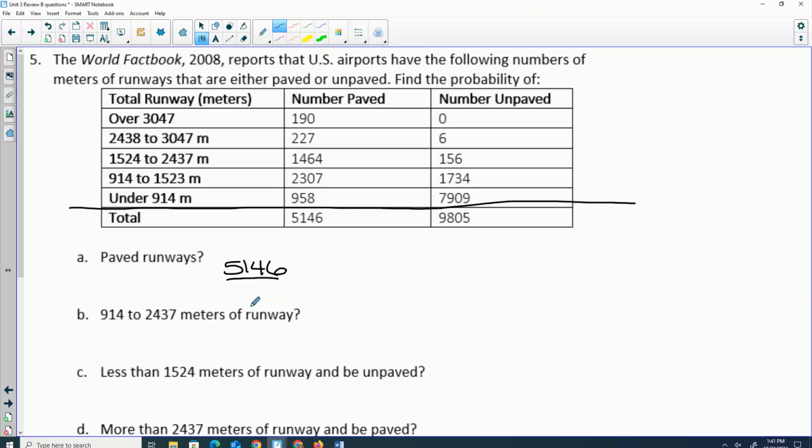What am I going to divide that by? Yes, we need to add both of those to figure out my grand total. 14,951. So if we divide those,